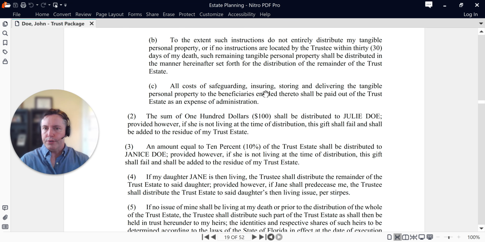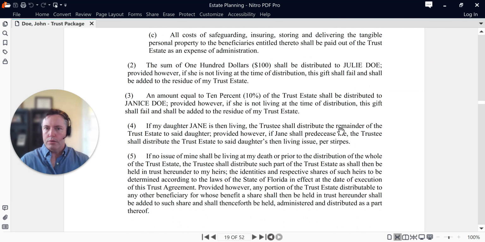And there might be some specific bequests in here, devises, so $100 to a particular family member, or a certain percentage to, could be a charity, could be a friend, whatever that might be. So we take those off the top, and then the remainder, the residue of your estate, whatever's left that you haven't given away otherwise, is going to go oftentimes to your descendants, your issue, your children. In this case, just the one child, that's all we had, per stirpes. Again, if that child predeceases, her children would get everything instead, subject to that minimum age of 18 that we saw and those other caveats that may come into play.